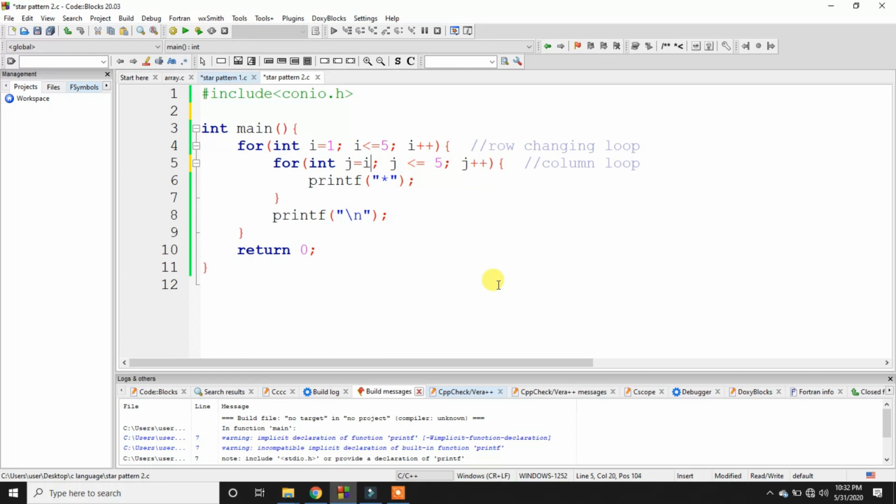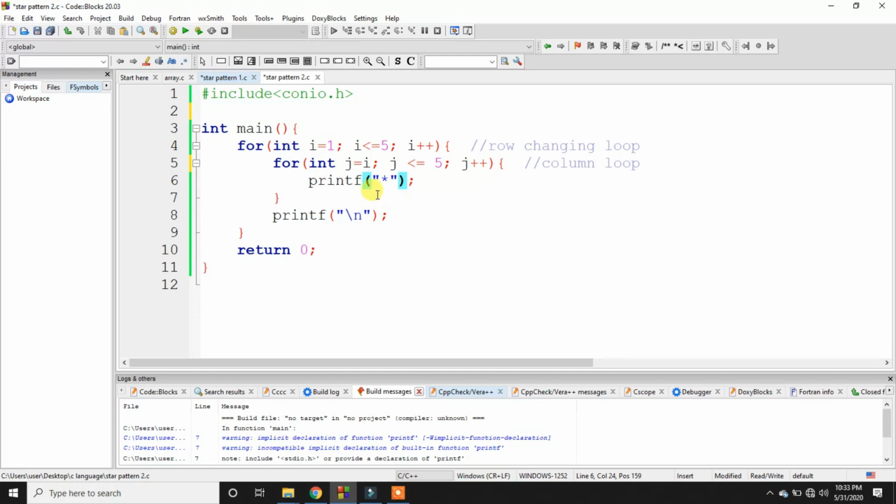And after that i becomes 2, then j becomes 2, and it's also satisfying the condition, it will print another star. Our condition is perfectly fine. It will print the 5 stars within the first row, and then in the second row it will print the 4 stars. Yes, our condition is perfectly fine.